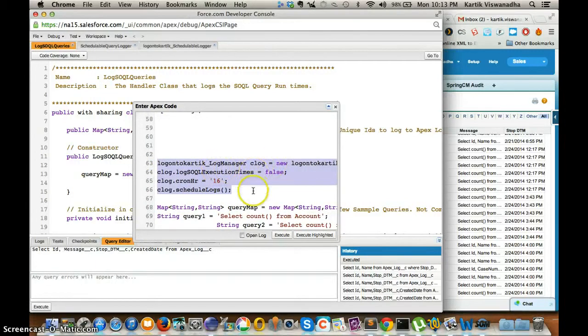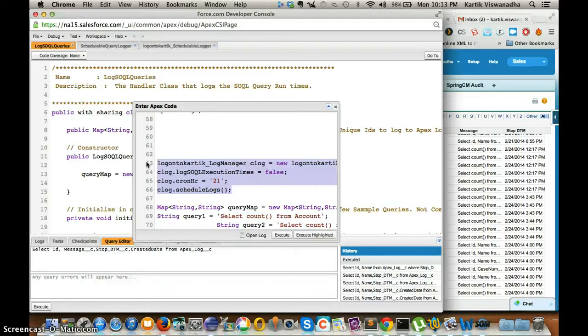So it's the same log manager. You have to turn this one to false, and you can define when you want to run this job, and that's the cron. It runs on a daily basis, because it doesn't make any sense for us to run the record counts on an hourly basis unless it is required. But if that is required, a simple change can be made. As per the requirement, it runs on a daily basis, but you can choose when to start, like at 10 o'clock, 11 o'clock, 12 o'clock, and that's the cron.